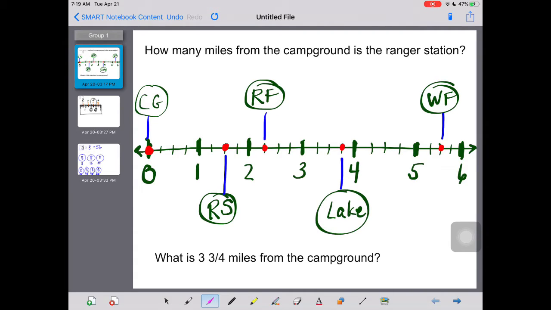But here's an example of it that I drew. And so what we have here is a number line from 0 to 6. Each whole number represents 1 mile. 1, 2, 3, 4, 5, 6 miles journeys across. Home base is your campground. That's 0. And then as you travel on, you get to the ranger station, you get to the rock formation, then you get to a lake, and finally to a waterfall,